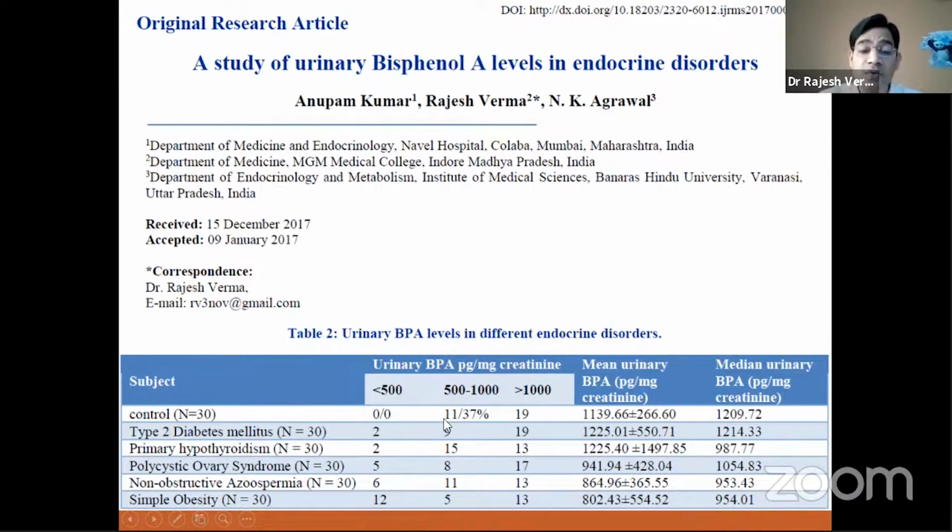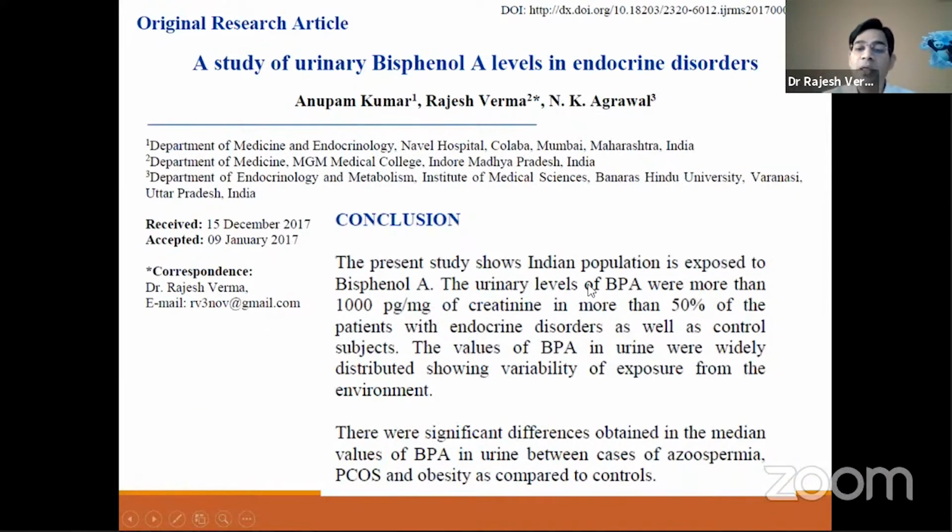So 500 to 1000 picogram per mg is found in some patients, and you can see that more than 1000 picogram per mg of urinary BPA is found in approximately 50 to 70% of this population. So this study concluded that the Indian population is exposed to a very high level of bisphenol A, and the values of bisphenol A in urine were very widely distributed, showing the variability of exposure. And significant differences were obtained in the median values of BPA between the cases of azoospermia, PCOS,